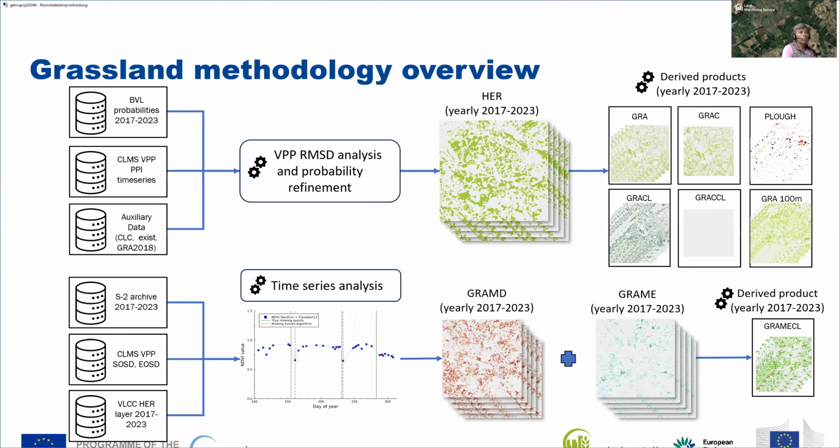All the products are accompanied by a confidence layer, the grassland and the grassland change. And in addition, we have a 1 meter aggregated product. For the grassland mowing, we use the full Sentinel-2 archive from 2017 to 2023. We also use the HRL-VPP, but here we use the start of season and end of season date to determine